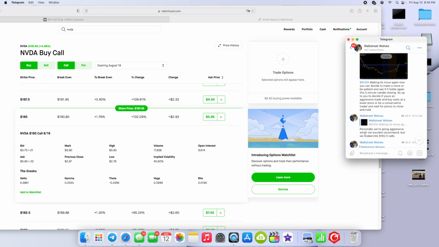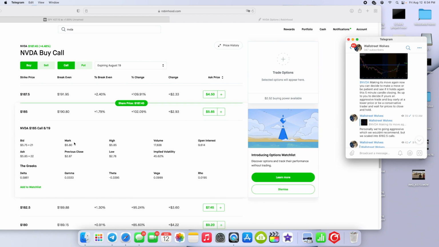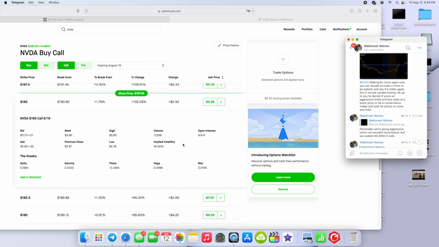Personally, we're going aggressive, which we wouldn't recommend, but we scaled into 182.5 calls. Scaled in basically means we went and bought some small contracts over here. 182.5, for example, 7.45,